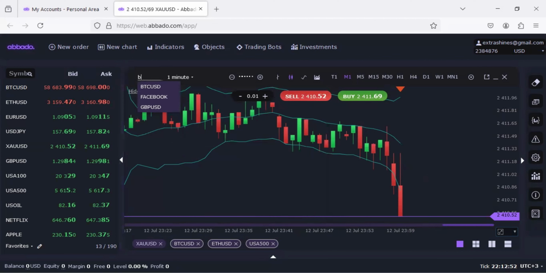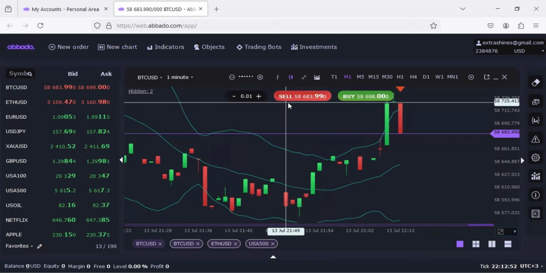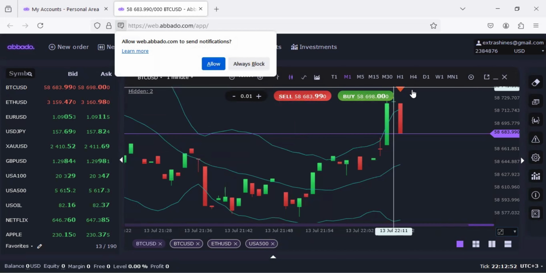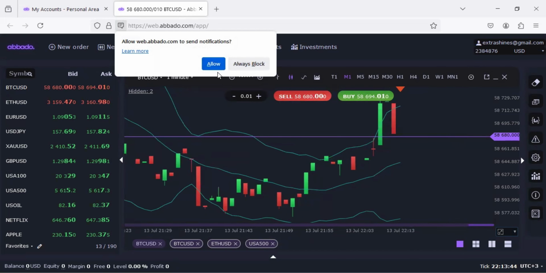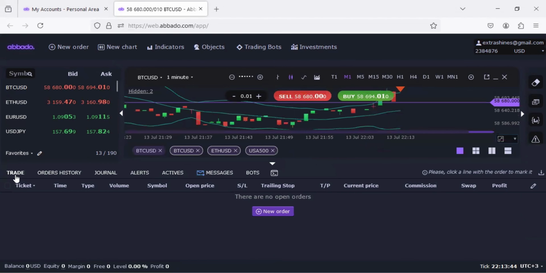Let me search for Bitcoin, because the Bitcoin market is always open. So I search for Bitcoin right now, BTC/USD, and now I'm going to click on sell so you guys can see what I mean. You can see right now it's saying not enough money. This is because I don't have any money in my account, so I am not allowed to place any trade. But the point I was trying to show you guys is once you click sell, your trade would automatically go